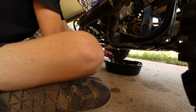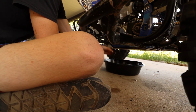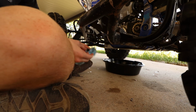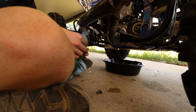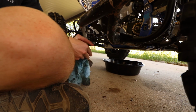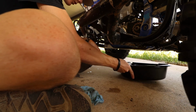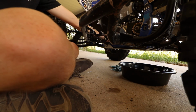Now for this bolt, I'm going to do the fun part and fish for it. There it is. I found it. So guys, don't copy me when it comes to that step, because you do not want to have to fish through your drain pan to find this bolt. And with that, I'm going to wipe this copper washer down and wipe this bolt down, especially the head. And so that does not happen again, I'm going to move the drain pan. Let's see, can I get it this time, or do I need to...